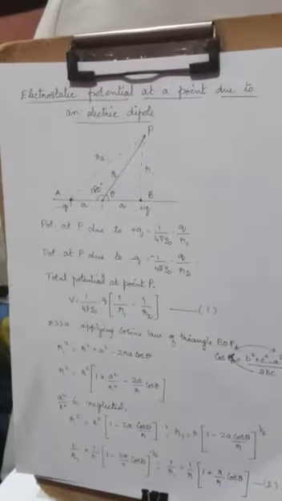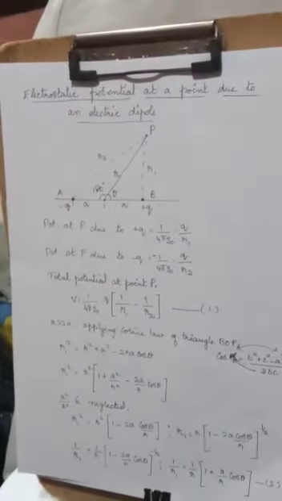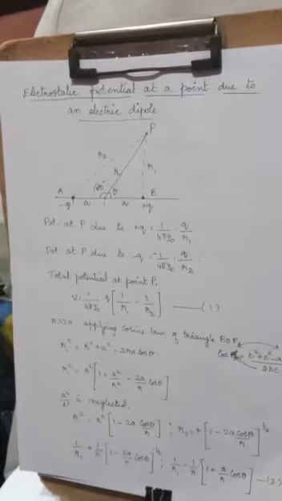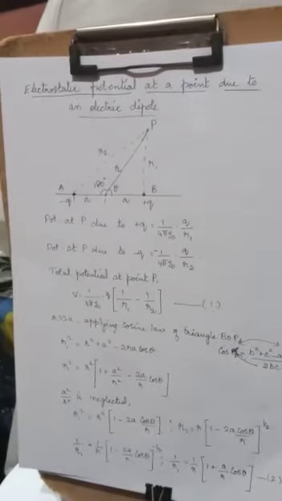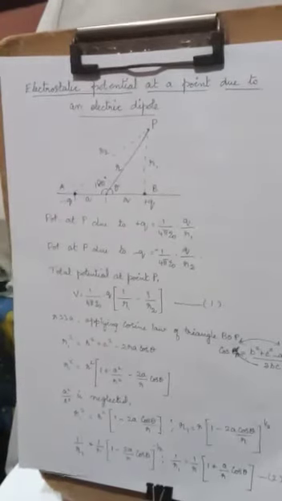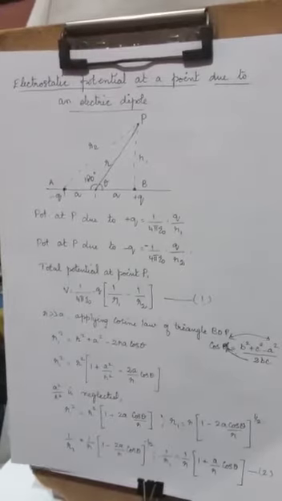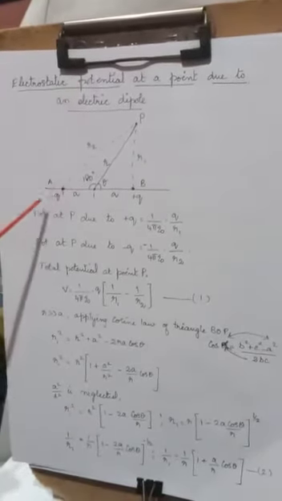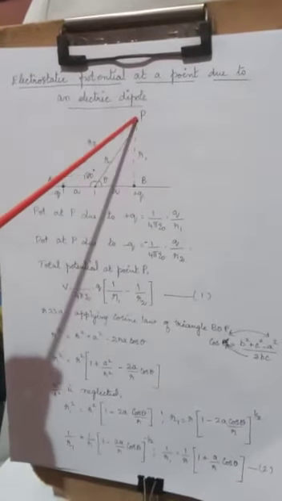So the next topic will be electrostatic potential at a point due to an electric dipole. Students may get confused, because you would have found out the electric field due to an electric dipole on its equatorial line. As the diagram resembles both, when one question is asked they write that answer, and when the other is asked they write this answer. But clearly you should understand, here you are going to find out the potential due to a dipole at some point.